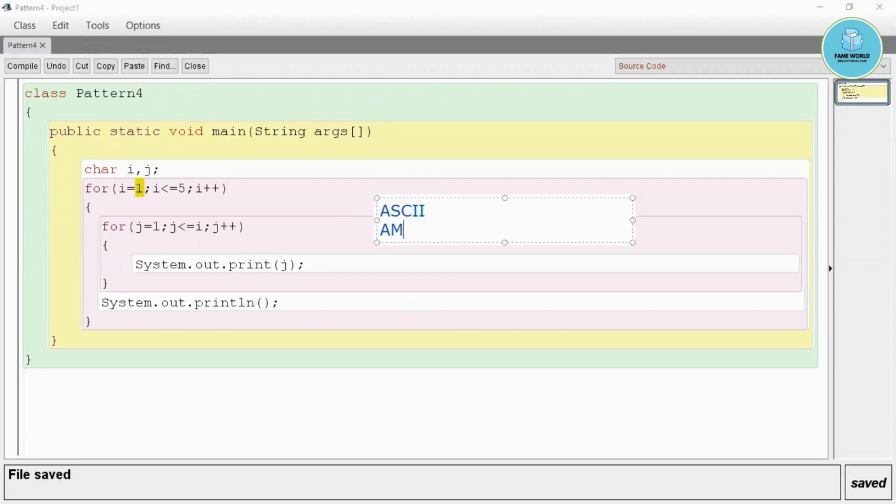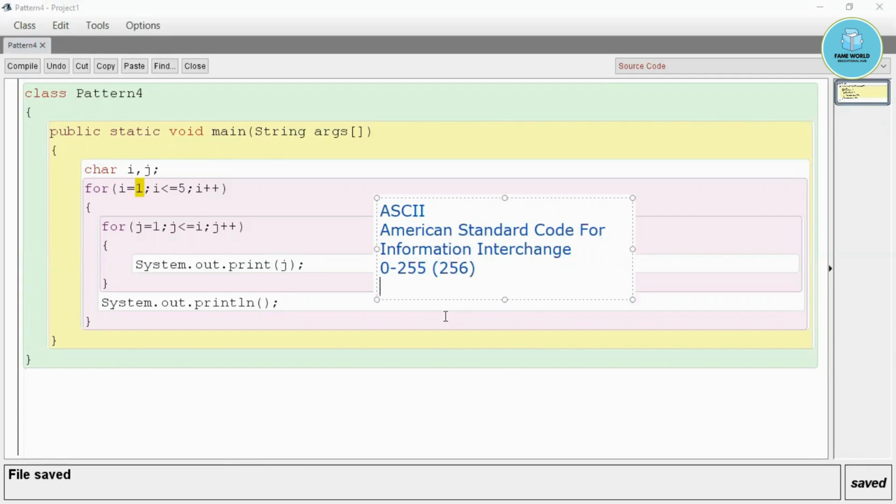ASCII, you must have studied, American Standard Code for Information Interchange, and there are 0 to 255 values, that is a total of 256 values, and in these 256 values 65 is capital A, 66 is capital B, and so on till 90 is capital Z.